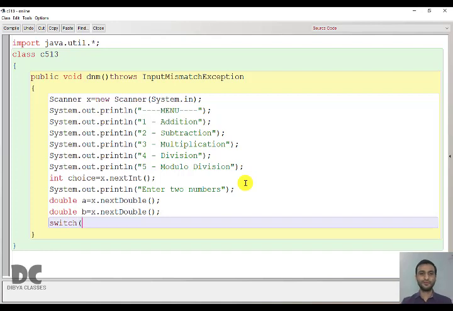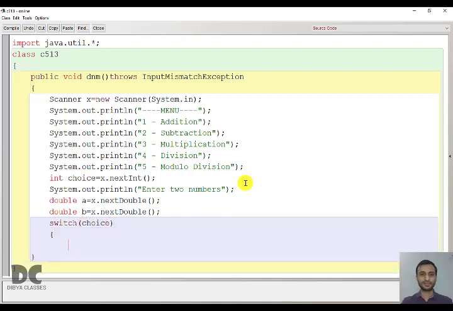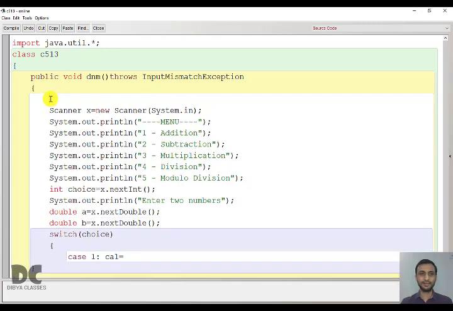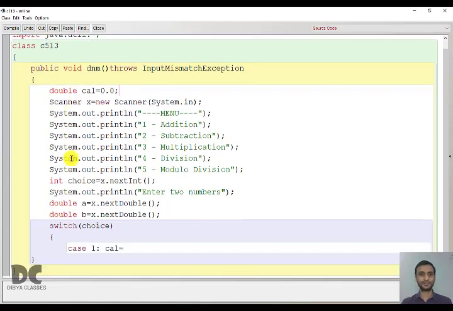Switch what variable? The choice variable, and here the variable name is choice. Then case 1 means if the value is 1, then what will we do? We'll add. Let us take a variable cal. We'll declare here double cal equal to 0.0. Cal means calculate.